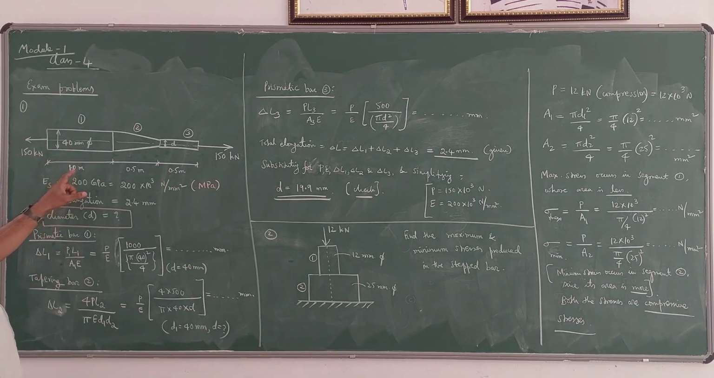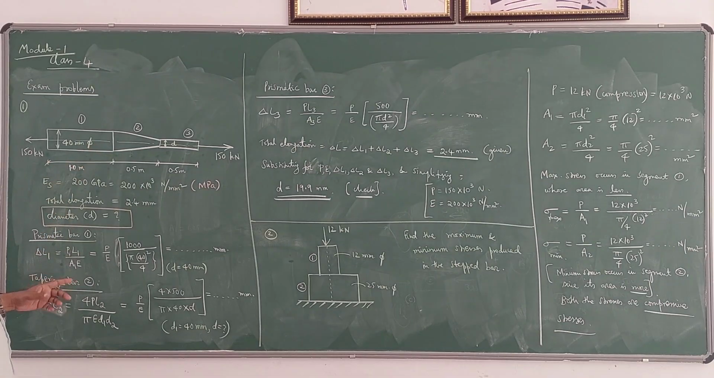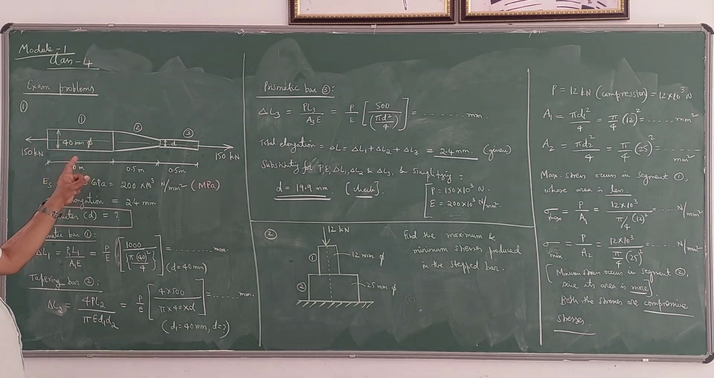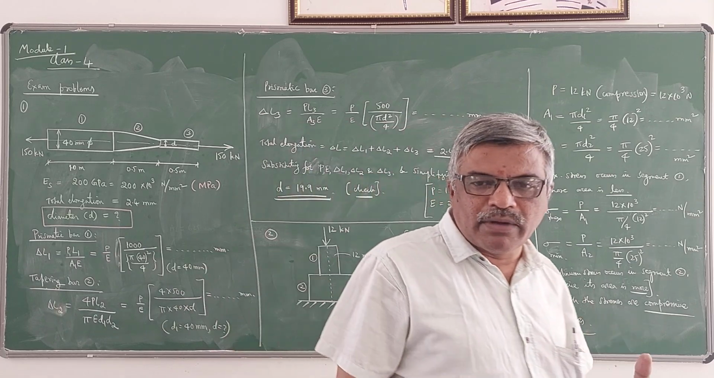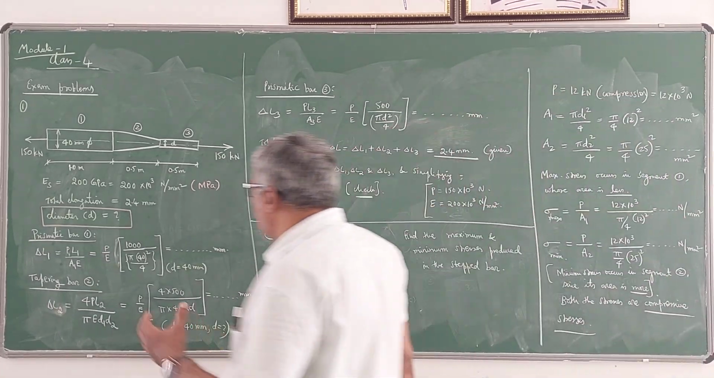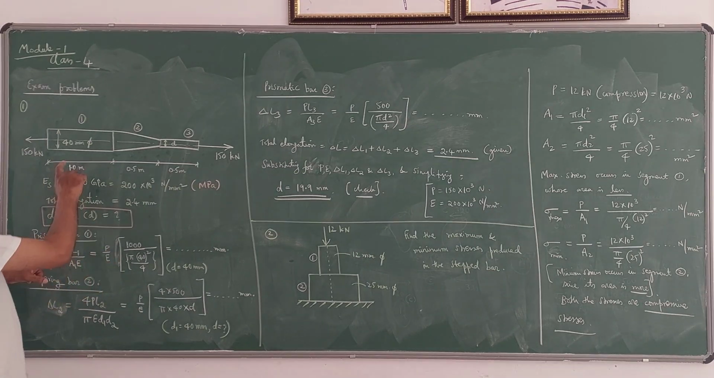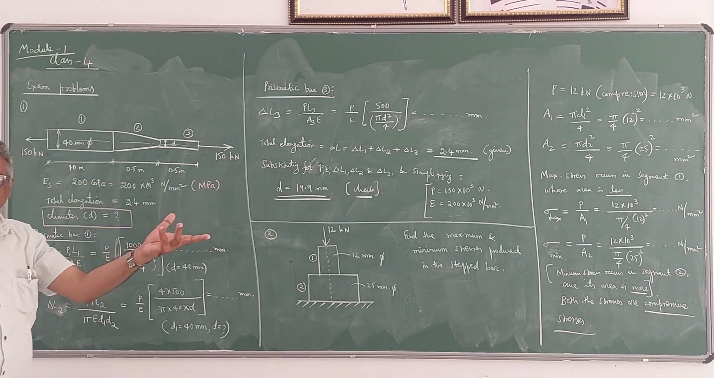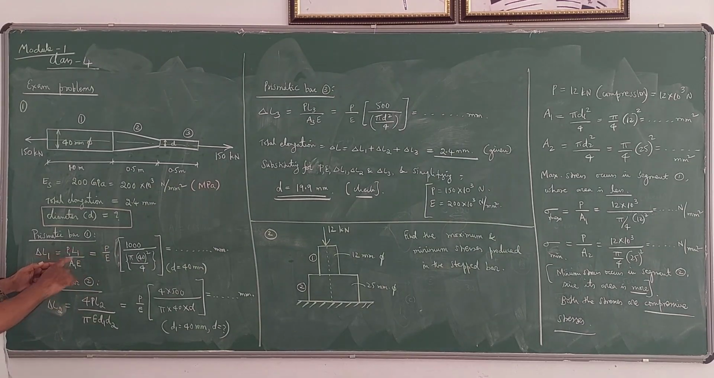So L is L1. The length of the first portion is 1 meter, I will take it as 1000 mm, divided by A1 into E. So the area we have to calculate. He has given the diameter here. If the diameter of the bar is given, the area is given by pi d square by 4. You know that. Now if you substitute the values, P and E are constant for all three portions. That's why I have taken P by E outside. It's common for all three. Into L1 by A1 it becomes